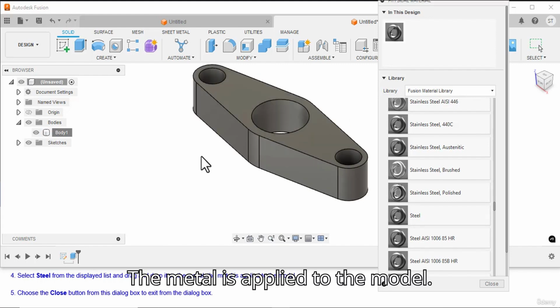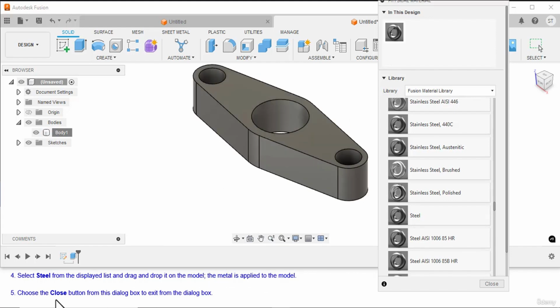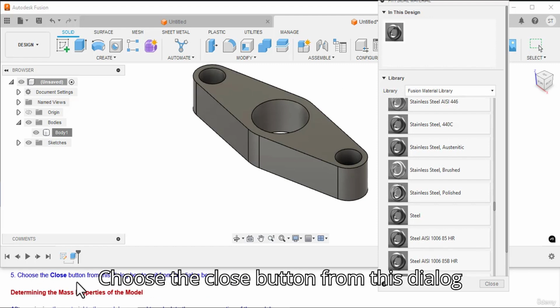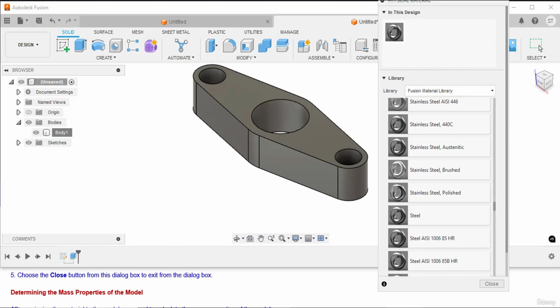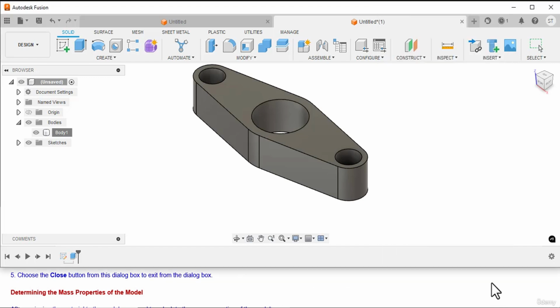The metal is applied to the model. Choose the close button from this dialog box to exit from the dialog box. Click on the close button.